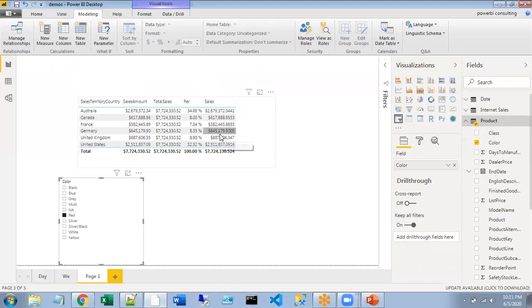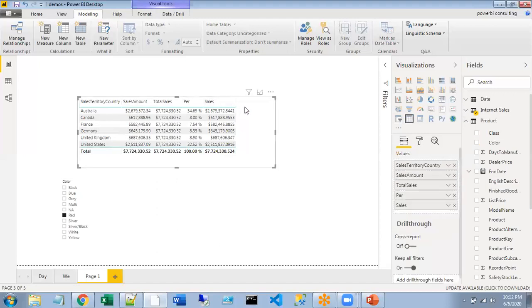So your measure value always depends on the user selection. User selection is the value that is coming from a row, or the value that is coming from the column if it is a matrix, and also the explicit filters that have been applied using the filter function. These different things collectively define your measure value.